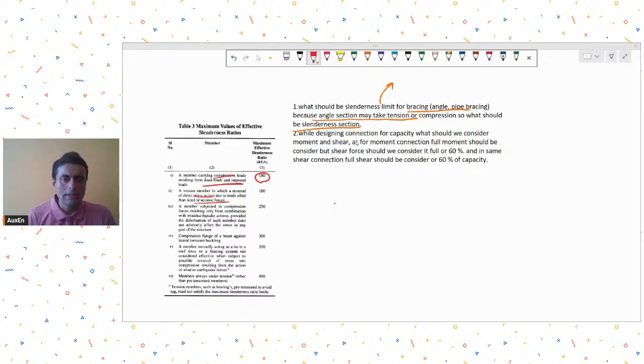If you are designing your bracing where compression may result,